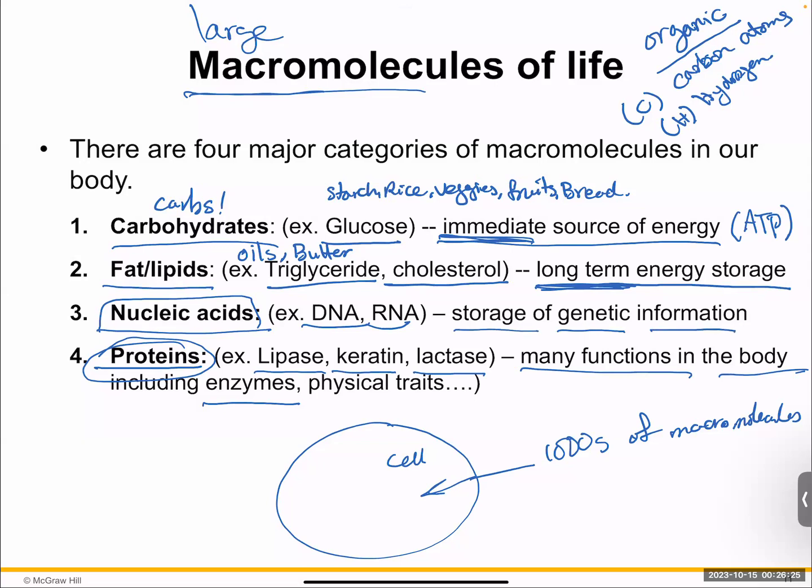And this is what this class is going to be about. How this DNA and RNA is stored, how changes in that are going to affect our proteins, because they're directly related to each other. And again, how we can modify it to maybe benefit ourselves in terms of our food, in terms of our health, in terms of medication, etc.